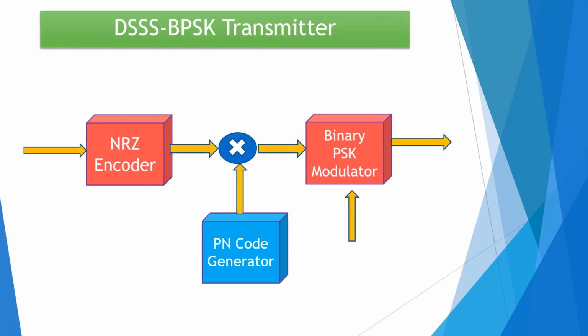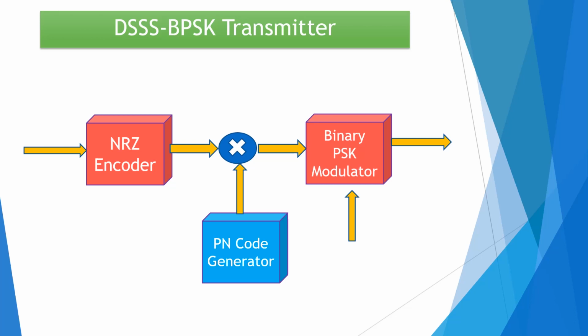The spread spectrum technique, which we have discussed in the previous lectures, which is called a direct sequence spread spectrum technique, is used in practice for transmission of signal over a bandpass channel, for example a satellite channel. For such an application, coherent binary phase shift keying is used in the transmitter and a demodulator is used in the receiver side. So here we can see the first block, that is the NRZ encoder.